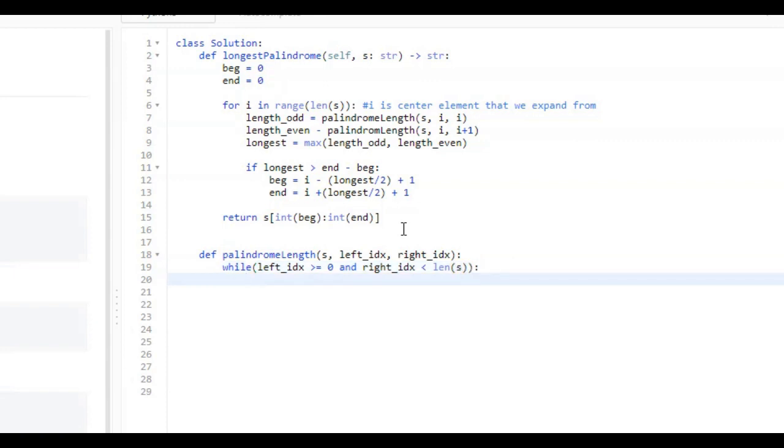While that is true, so while our left and right pointers are in our string, we need to check to see if our left and right hand pointers are equal to each other. And we can do this with a simple if statement. So we're just going to say if S of our left index, so left IDX, does not equal S of the right IDX. So if they are not equal, what we're going to do is we're going to break out of this while